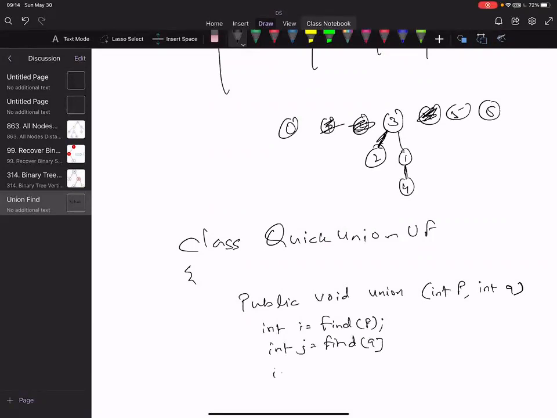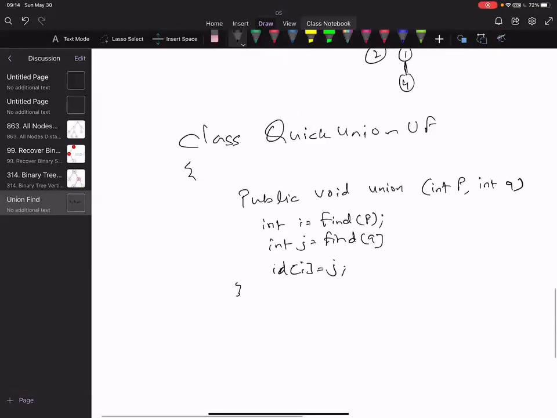And what I'm doing is ID of I equal to J. That's the only thing I'm doing. So this is my union. We don't do complexity because we still don't know the complexity of find, right? So let's do the complexity of find.